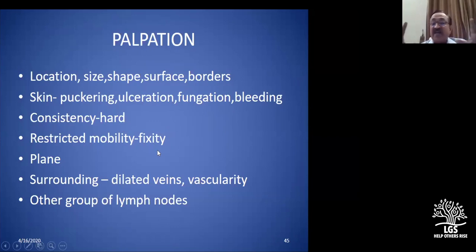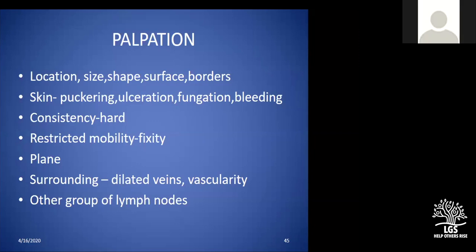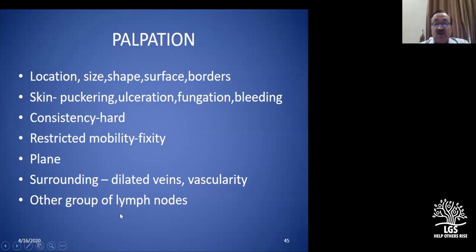This is a place where you people get stuck. Very large swelling. You do a sternomastoid contraction test, hardly you can make out anything. So don't bother. Plane becomes important when it is confined still within the deep fascia for a reasonably sized swelling. This is such a large swelling. Some kind of signs might have been altered. Don't bother. Surrounding area I mentioned to you. Look for other groups of nodes.